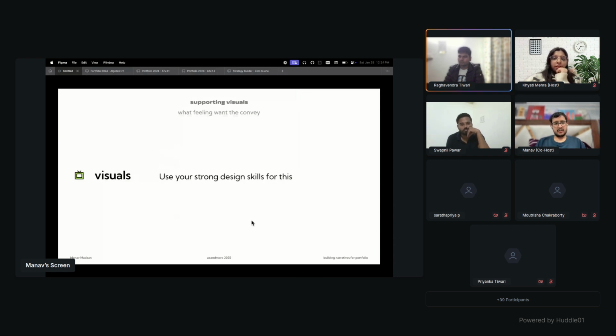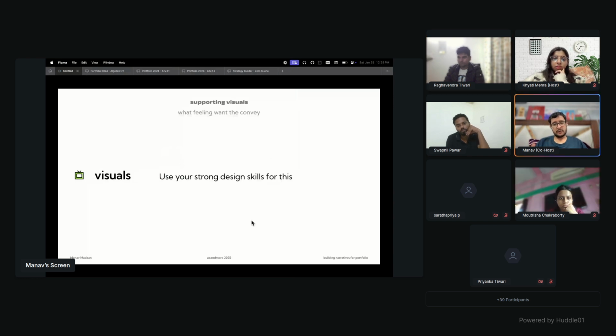And the last thing is, supporting visuals in the story, right? Visuals become important for us designers. Visuals are usually important anyway, but it becomes even more important for us designers because when we are presenting a story, right? Or I'm presenting something like this, if you see, my screen is mostly empty, right? It does not have anything to hook you, right? But when you are presenting a case study, you want people to stay focused on the screen and not get distracted. That's one. Second is, in your work there could be